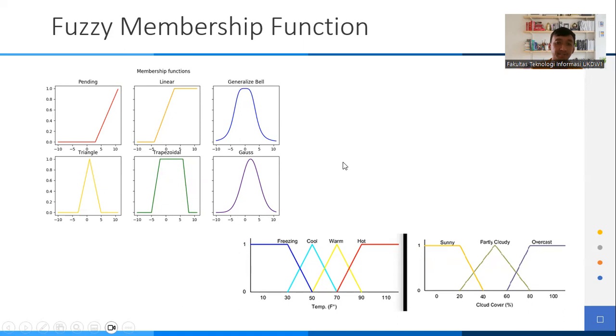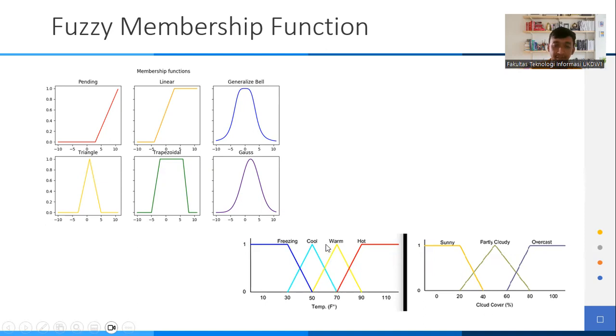For the implementation, for example, if we have two inputs like temperature and cloud cover, we can see here that for the temperature from 0 to 50, the graph is like a trapezoidal. Then we also have the cool condition, which starts from 30 degrees Fahrenheit until 70 degrees Fahrenheit.